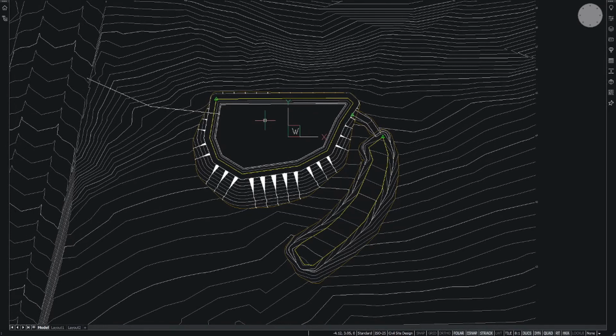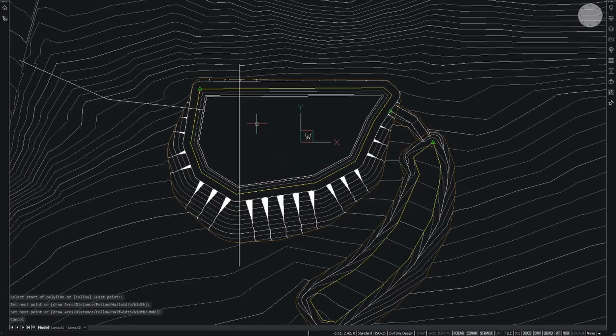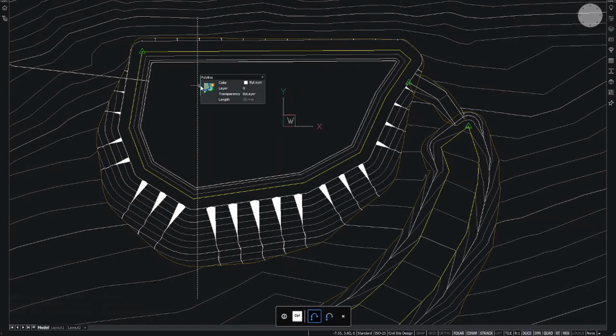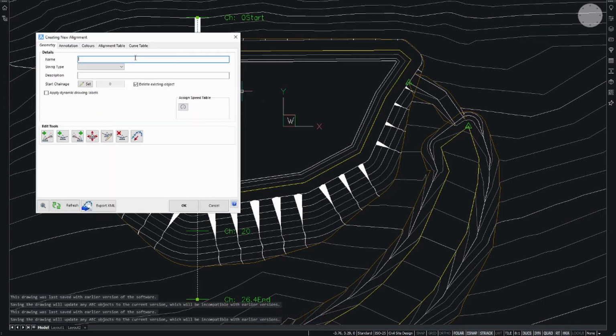So to do that, I will go and do a polyline. So I'll go from the north to the south, right through that pond area. And I need to turn this into an alignment so I can start doing a section from it. So when I hover on my quad, I get an option here saying create alignment. So I'll call this alignment